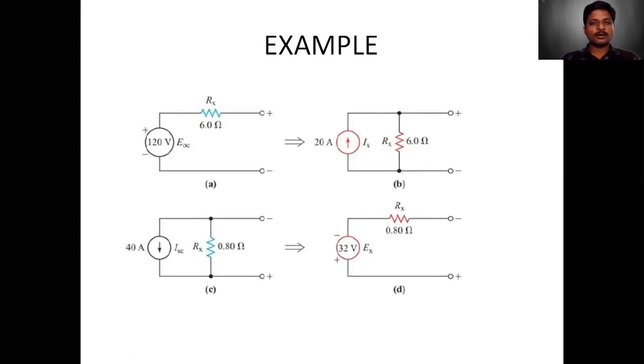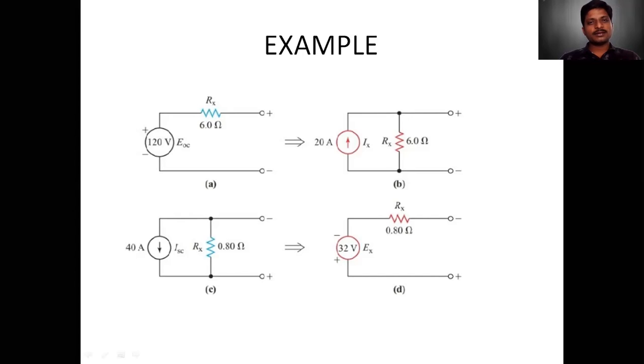In this context we will not talk about dependent sources. I'm talking about only independent sources. Independent sources are of two types: voltage source and current source. Also, you cannot take an ideal voltage source and an ideal current source because they are not practically realizable. So now we will take only a practical voltage source and a practical current source and try to transform them. A practical voltage source can be transformed into a practical current source, or a practical current source can be transformed into a practical voltage source.